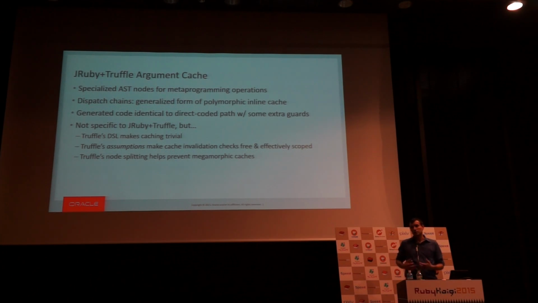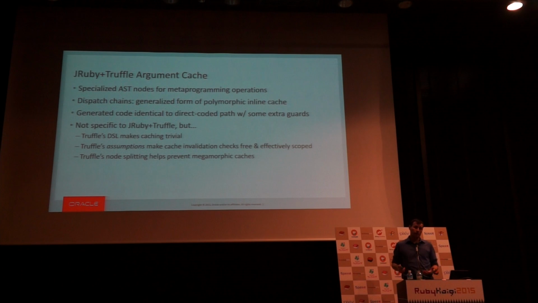And because Truffle has this very handy feature for implementing these dispatch chains, we're able to do this very cheaply. In addition, I had shown that when the cache needs to be invalidated, we have this else clause that does the lookup and then updates the cache. In JRuby+Truffle, when combined with Graal, we're able to eliminate that else statement completely, and we just de-optimize. So all of this compiles down, and we get these checks essentially for free through our assumptions.